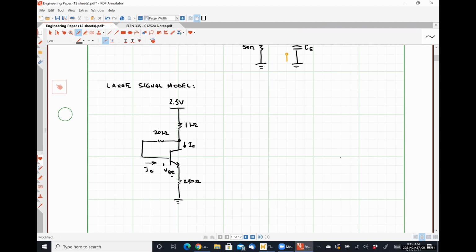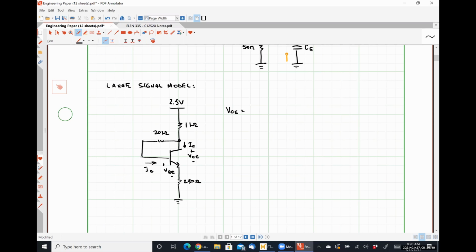So we'll go through this fairly quickly then. What I'm going to do is write two equations utilizing Kirchhoff's voltage law to determine what this voltage VCE is. I'm going to set those two relationships equal to each other, and then that should allow me to calculate the operating point. So my first equation,